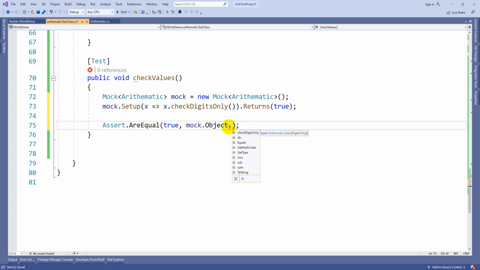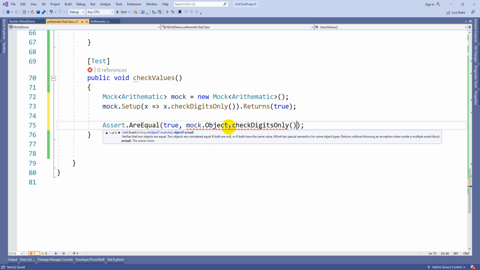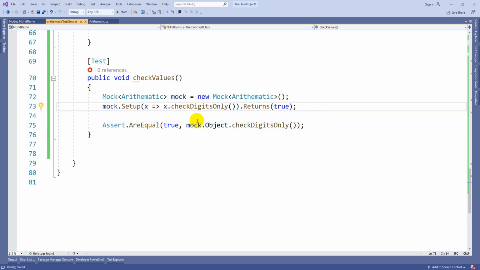There you can call the method CheckDigitsOnly. The actual code of CheckDigitsOnly will always return false, but we are writing code to always bypass that result and return true. This is how you can bypass any particular code by using the mock framework.